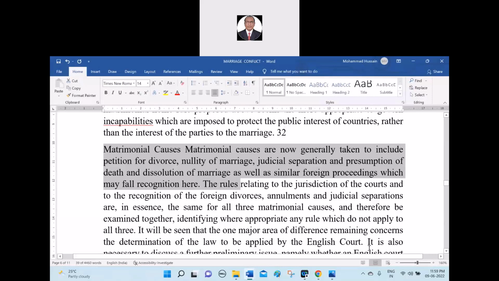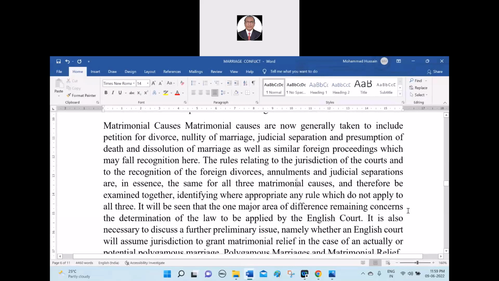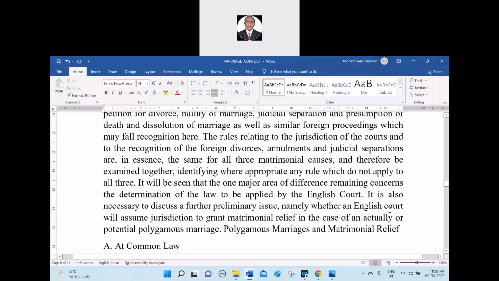The rules relating to the jurisdiction of the court and the recognition of foreign divorces, annulment and judicial separation are in essence the same for all three matrimonial causes, and therefore will be examined together, identifying where appropriate any rule which does not apply to all three. Here, the rule may vary from country to country. And whatever justification is given by the parties, the judges will apply that theory and give the judgment. So it will be seen that one major area of difference remains concerning the determination of